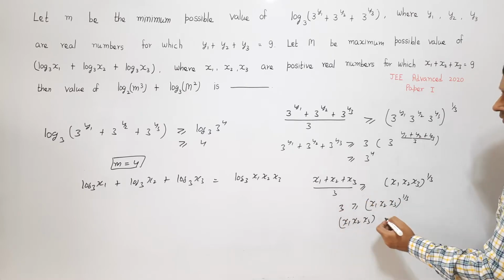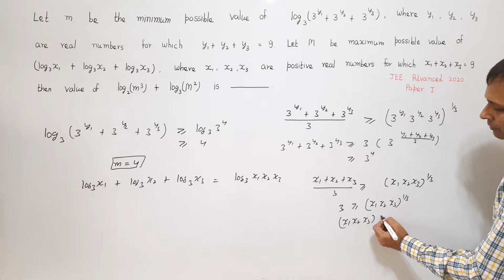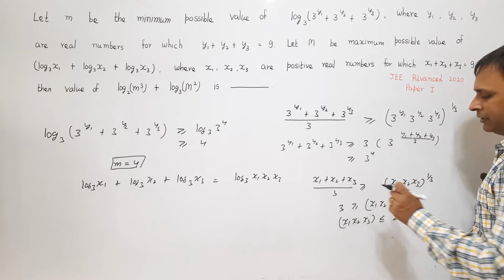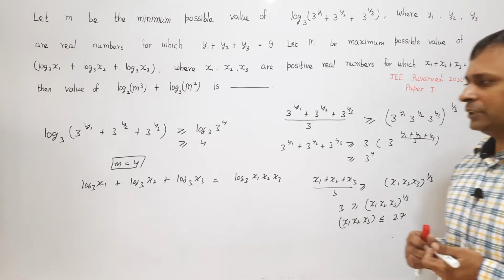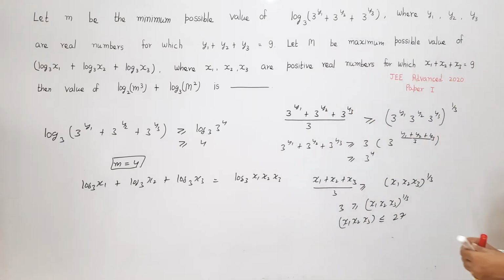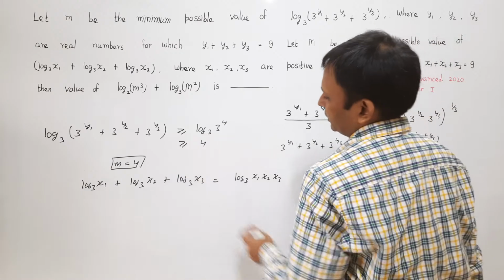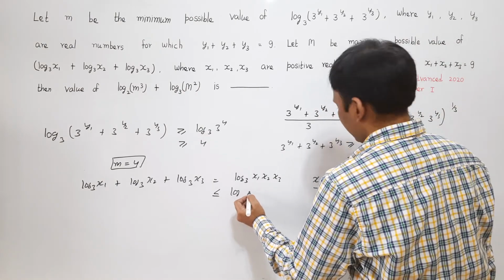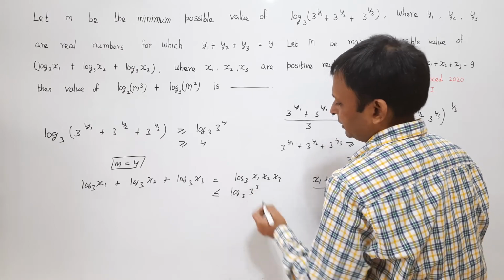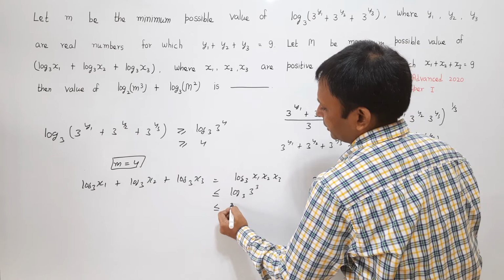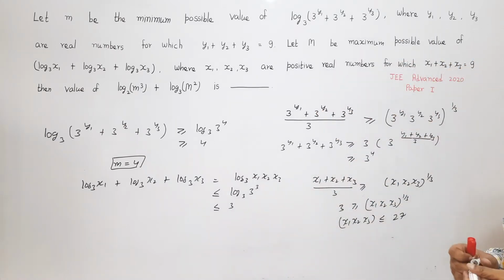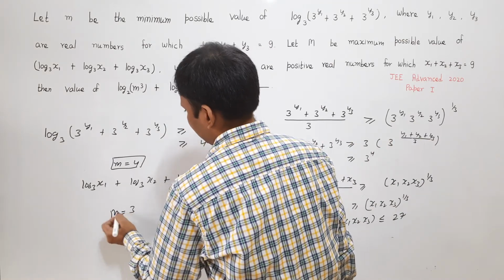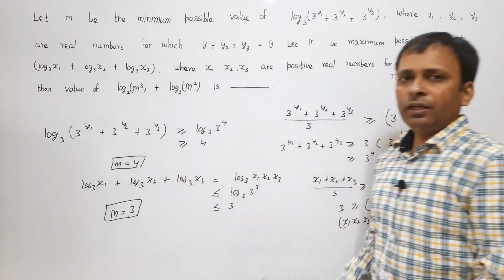So the power will go on to the left hand side, becomes 3 to the power 3. That means x1 into x2 into x3 is less than or equal to 27. That means the maximum value of x1 into x2 into x3 is 27. So this expression is always less than or equal to log of 27, or I can say 3 to the power 3 with the base 3. This 3 comes in the front, so this will be less than or equal to 3. What does this indicate? This indicates that the value of our capital M is equal to 3. This is the second important result.